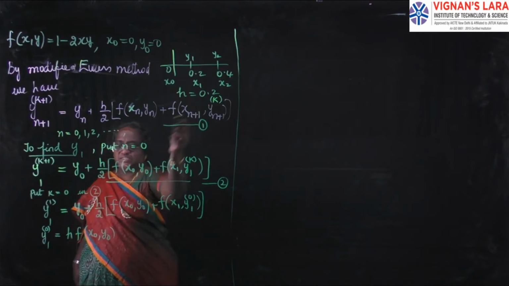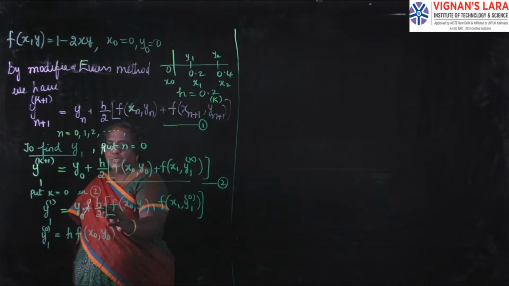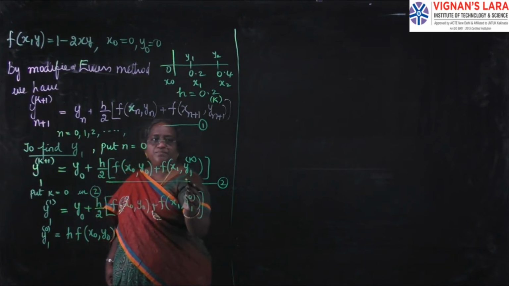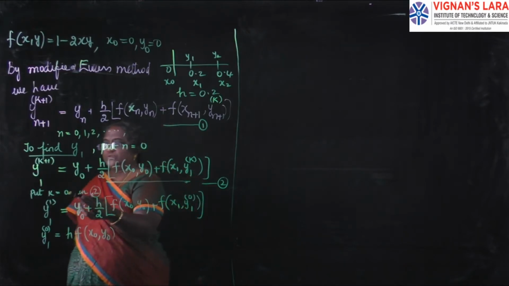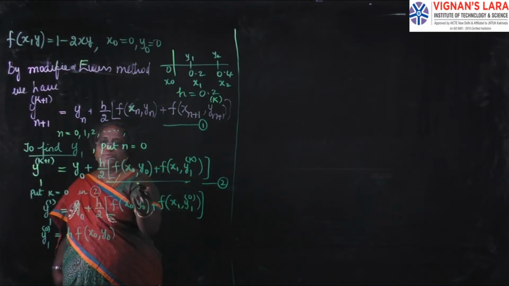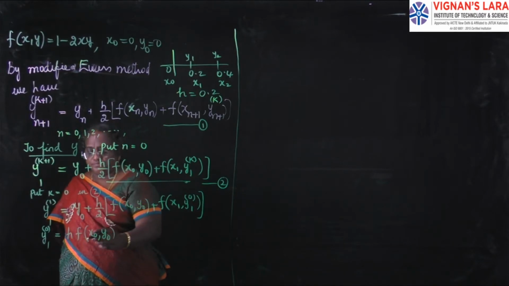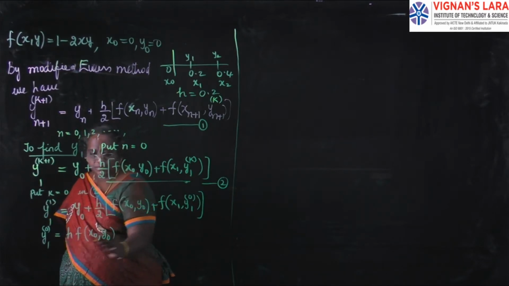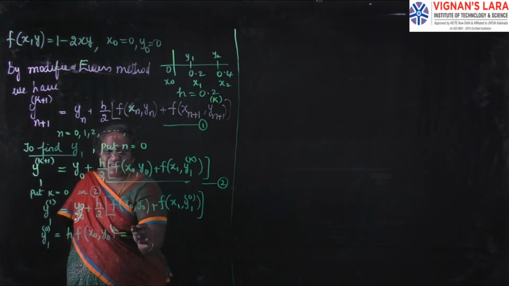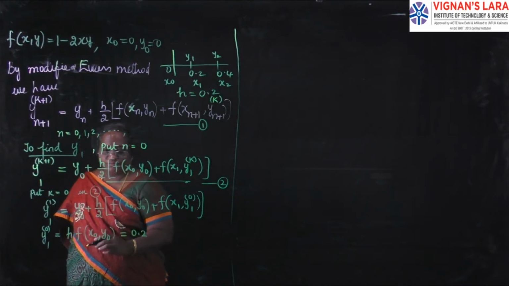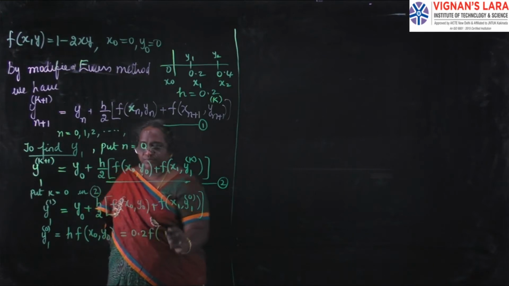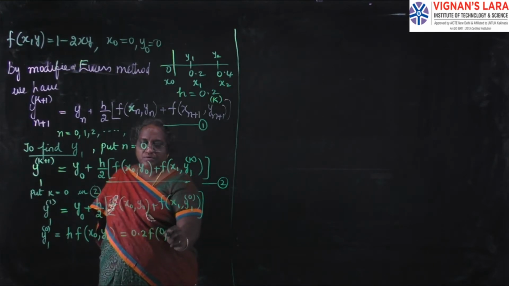Now what is h? 0.2. Initially here we have to perform this iteration. Repeatedly we have to perform iterations, when k is equal to 0, when k is equal to 1, k is equal to 2. So we continuously perform the iteration within the formula. So now y1 at 0 is equal to h, 0.2, into f of x naught is 0, y naught is